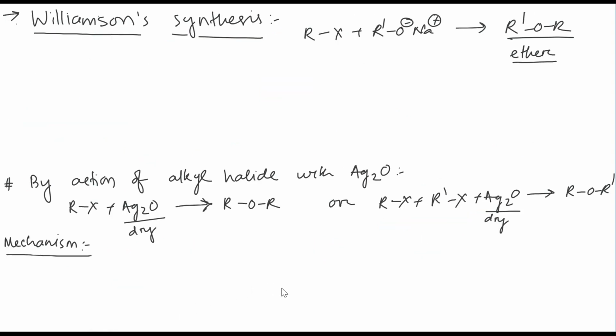Next we will see a name reaction that is used for synthesis of ethers, that is known as Williamson synthesis. In this Williamson synthesis, sodium alkoxide reacts with alkyl halide to form ether. So this is the general reaction, and the reaction mechanism will be